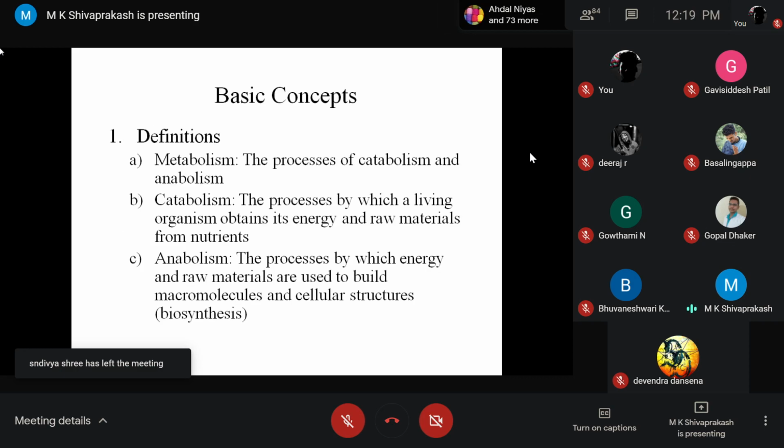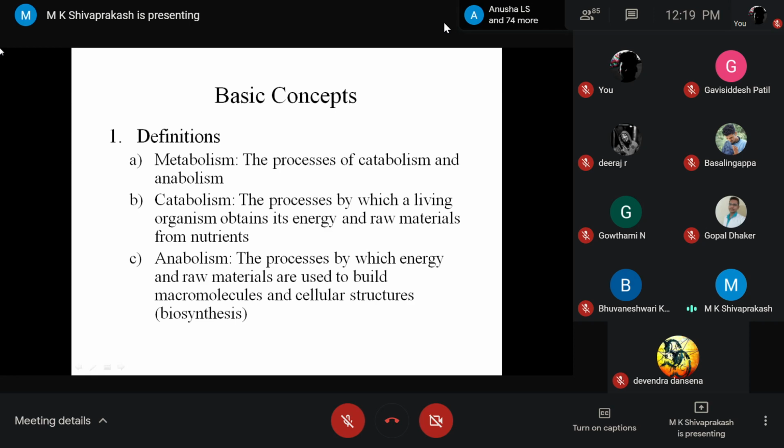So the basic concepts we have already defined: metabolism is, of course, the sum total of all biochemical reactions that happen in a living system, and which are of two kinds. As I have already told you, catabolism is the process by which a living organism obtains its energy, and the main objective of this process is to produce energy. At the same time, what happens? It has a dual function. That is the beauty of a living system. Some of the intermediates which are produced during the catabolic reactions act as raw materials